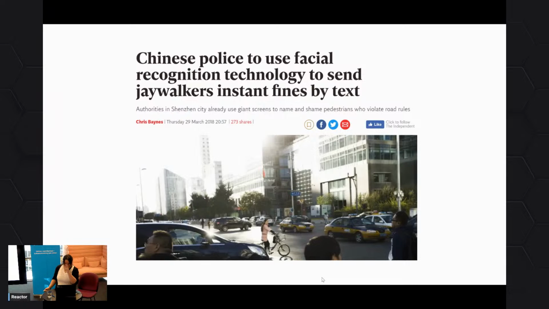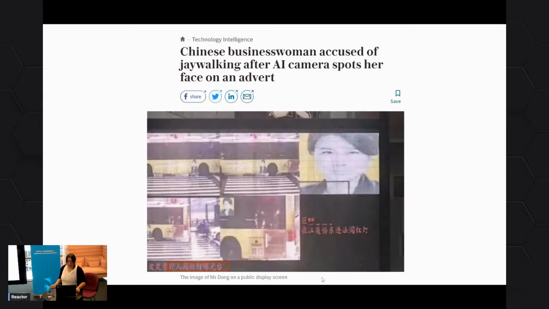Then you also have to be cautious, in a lot of cases, that it learns what it needs to learn. I have a whole talk on AI and ethics, but this is one that's a little bit funny, where they used technology to figure out if someone is jaywalking, and they ended up sending this woman a lot of fines. She also had that on the bus, so she was very often, yeah.